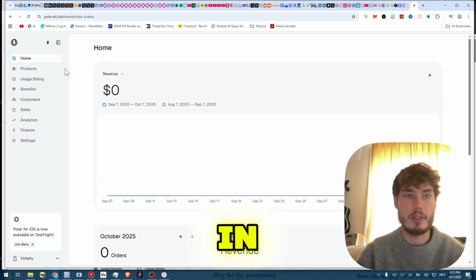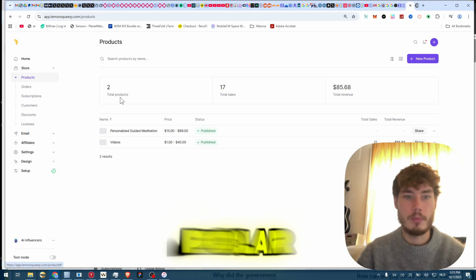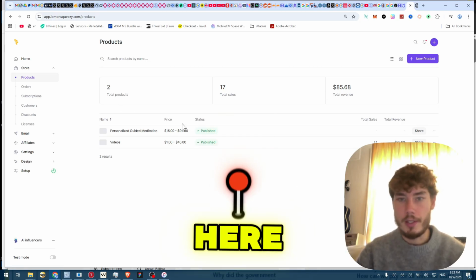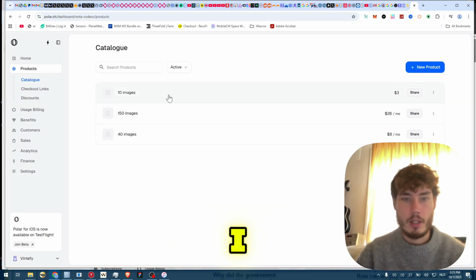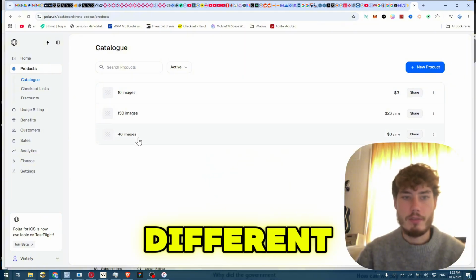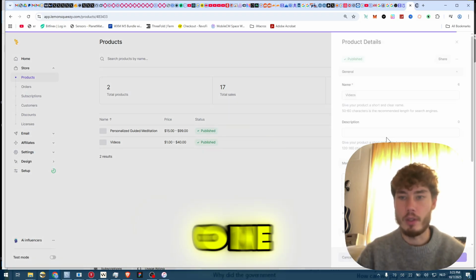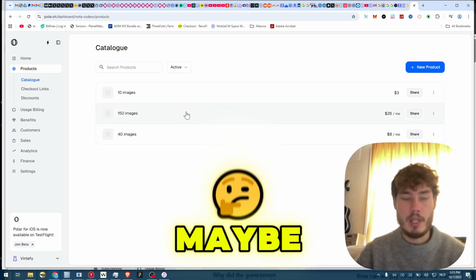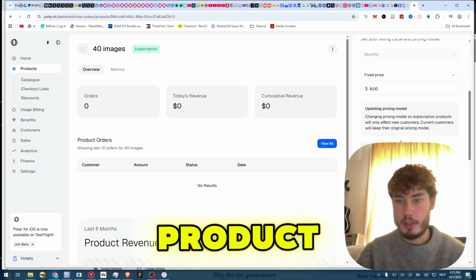Here is the products in LemonSqueezy, and here you have products in Polar. Here, let's have a look at this one. In Polar, I see I created 3 different products for the different packages, and in LemonSqueezy, I created 1 product with different variants. So maybe if we open a product over here,